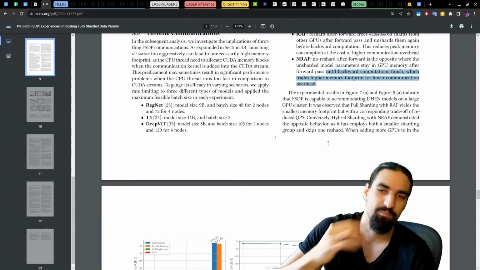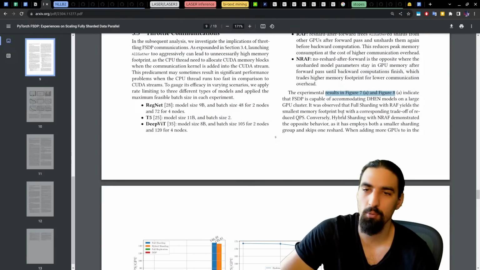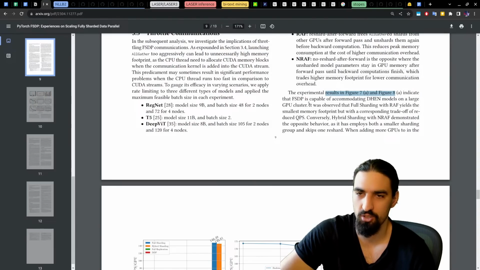The experimental results in figure 7a and figure 8a indicate that FSDP is capable of accommodating the DHEN models on a large GPU cluster.